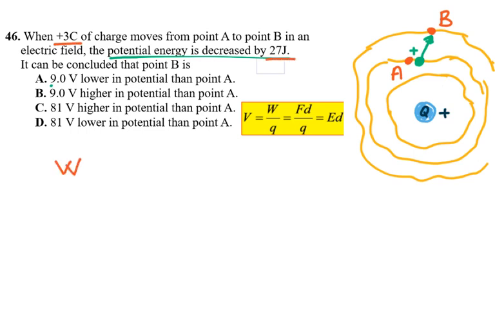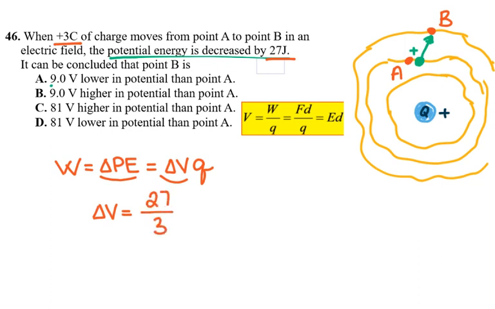So the work is equal to the change of the potential energy of the charge, and equals the change of the voltage times the charge. So if I'm looking for how much the voltage changes, the voltage is equal to the potential energy, which is 27, divided by the charge, which is 3. So that gives me 9 volts. And because I know when the